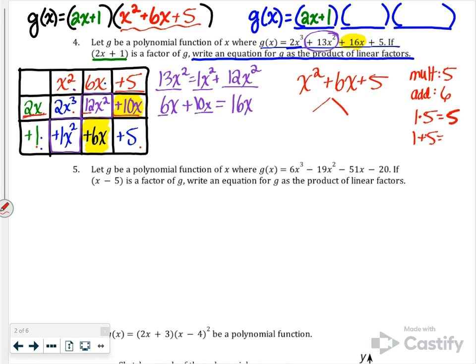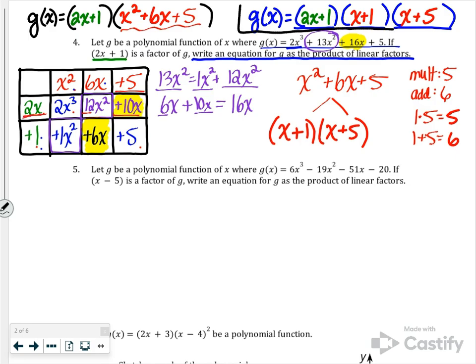1 times 5 is 5, and 1 plus 5 is 6. So that tells us that we have x plus 1 and x plus 5, and that means that we can fill in our last bit. And now we have fulfilled the problem because they asked for a product of linear factors, and that's exactly what we did above. So the final answer would be g of x equals 2x plus 1 times x plus 1